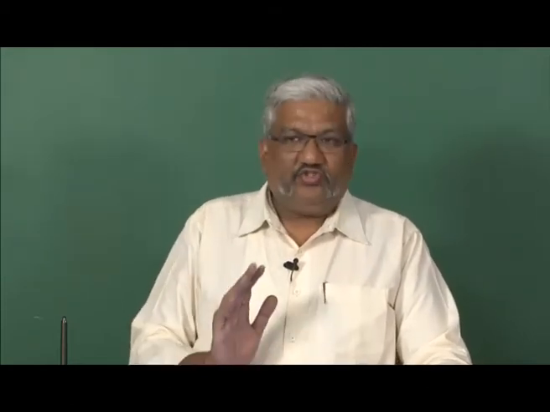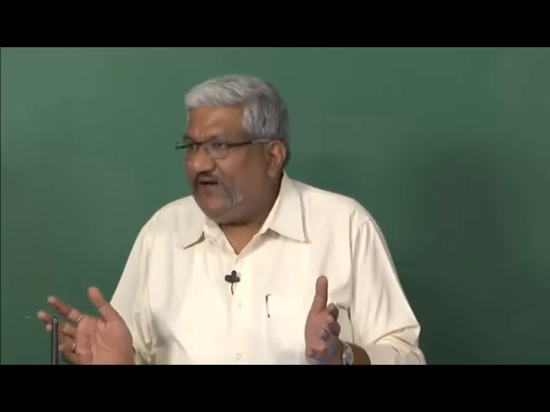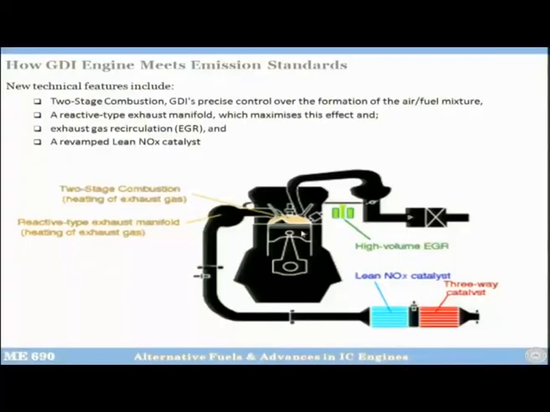Okay. So two-stage combustion means you are doing one injection at the end of the compression just to achieve stratified combustion mode, and the second injection that you do will be in the exhaust stroke only for the first 30 seconds, so that your exhaust is, instead of 200, 800. Once the exhaust is 800, what will happen? Catalytic converter will warm up quickly. So this is the two-stage combustion that is happening here.